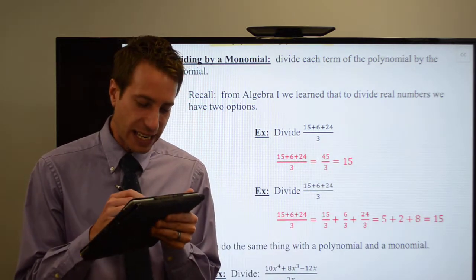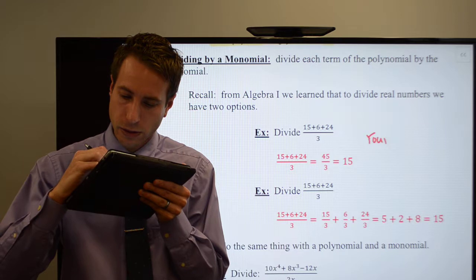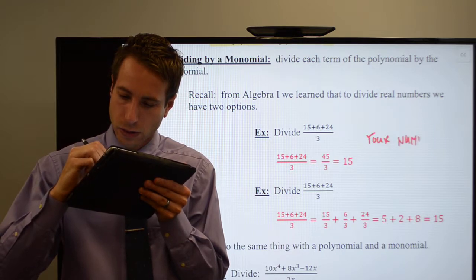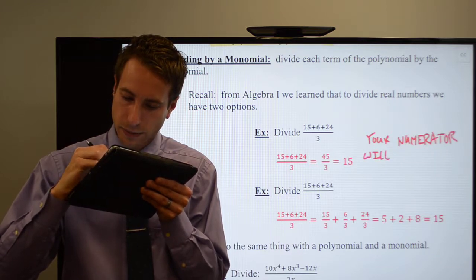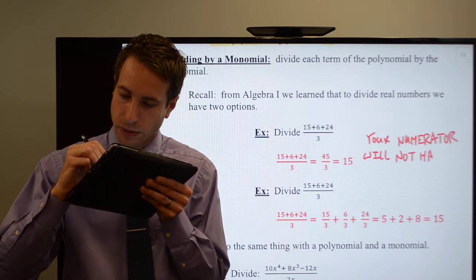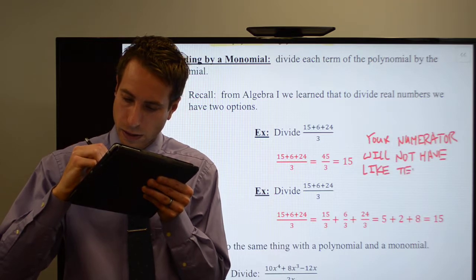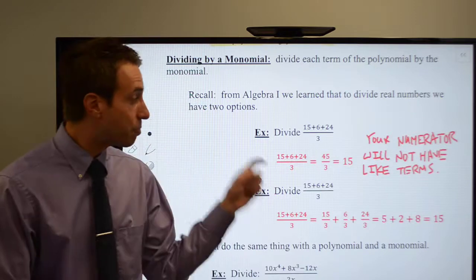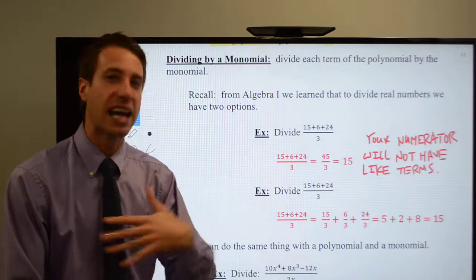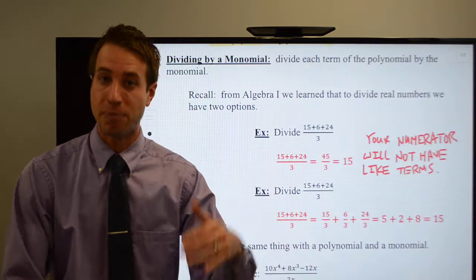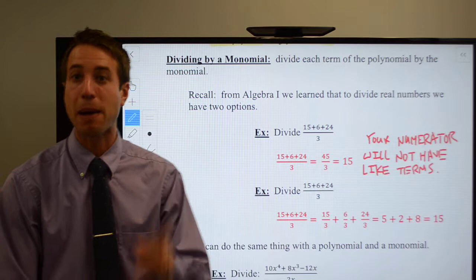Now, here in algebra, this one's not going to work. Your numerator will not have like terms. So this particular method for doing division by a monomial isn't going to work, right? Because you're not going to have any like terms. If there were like terms, they would have already been combined or put together. So there's not going to be anything for you to add together and then divide by, but that's okay, because